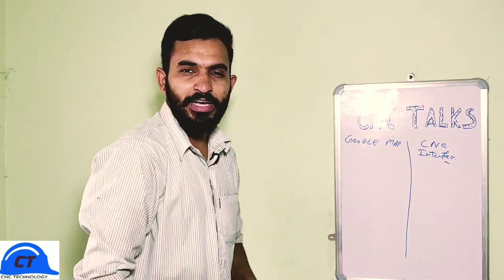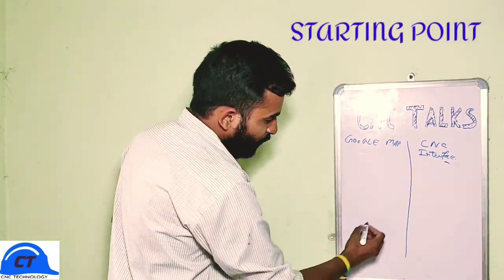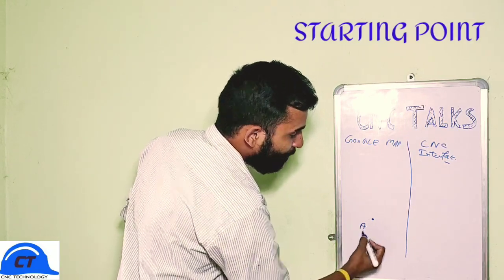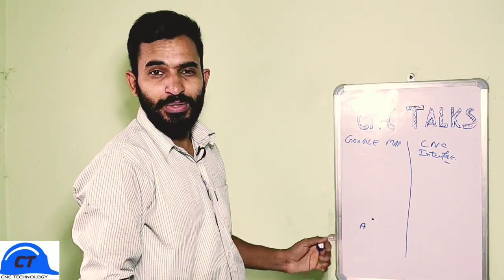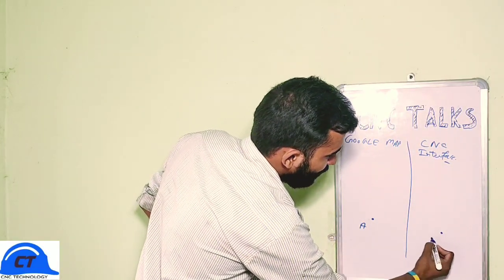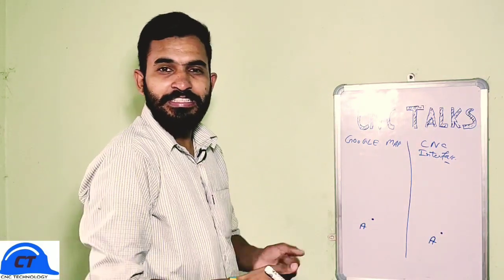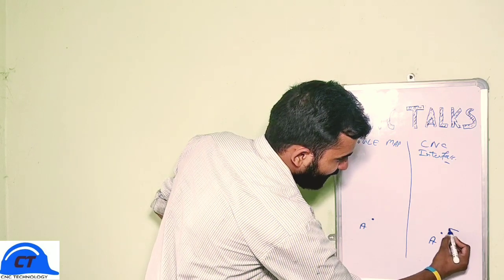So in a Google Map, the first thing we need is a starting point. So let's suppose this A point is my starting point, or we can say this is my current location. Similarly, in our CNC, let's suppose point A is the current position of our tool. It means our tool is currently